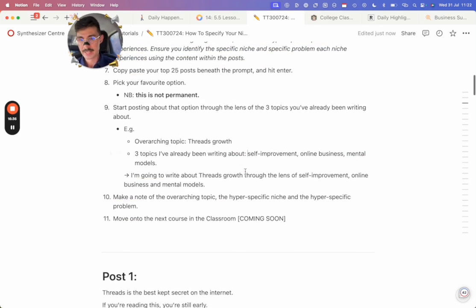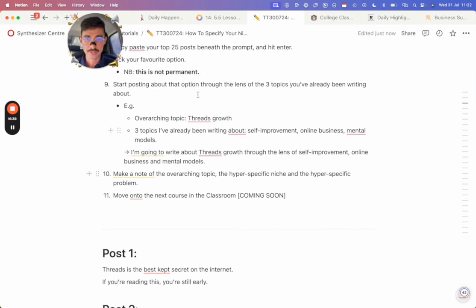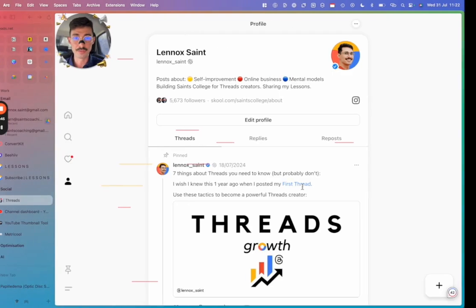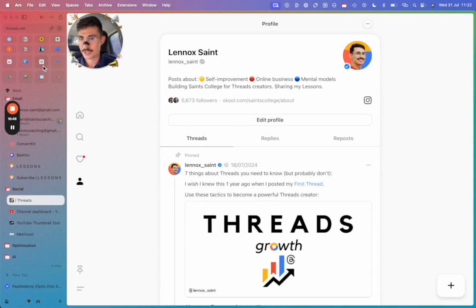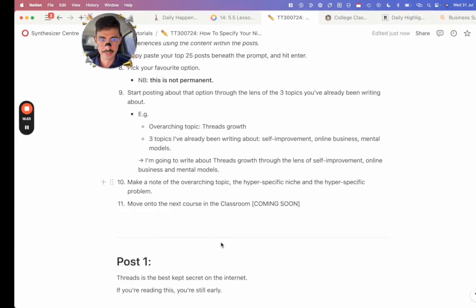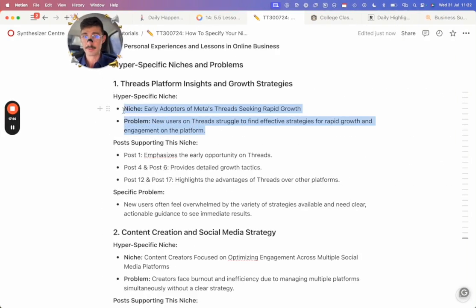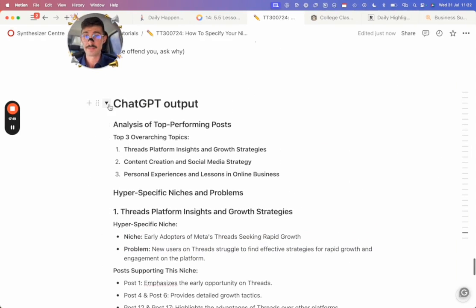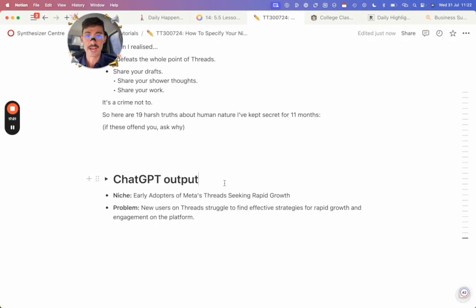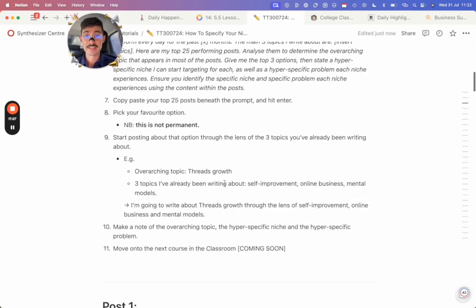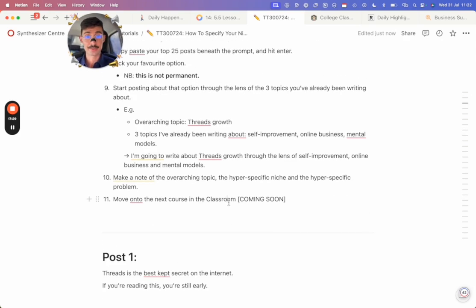Final 2 steps. Make a note of the overarching topic. For me, it is Threads growth. I'm going to start posting about that every day. The hyper-specific niche and the hyper-specific problem. What I would do here is go back to ChatGPT. I will copy and paste this whole thing because it's super useful. I'm going to copy the niche and problem for my favorite option and put that here so we can refer to it very easily. And then the final step 11 is move on to the next course in the classroom,